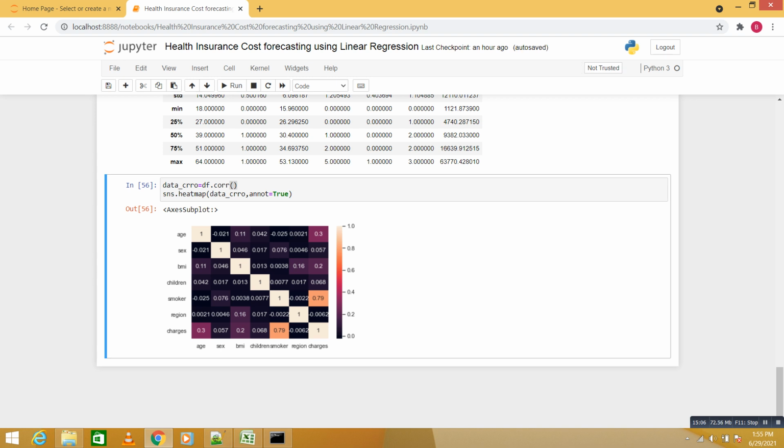Charges are correlated with age 0.3, charges are correlated with the 0.57, charges are correlated with the 0.2, charges are correlated with children is equal to 0.637, 0.68, charges are correlated with the smoker is 0.79, and charges are correlated with the region is equal to minus 0.662.